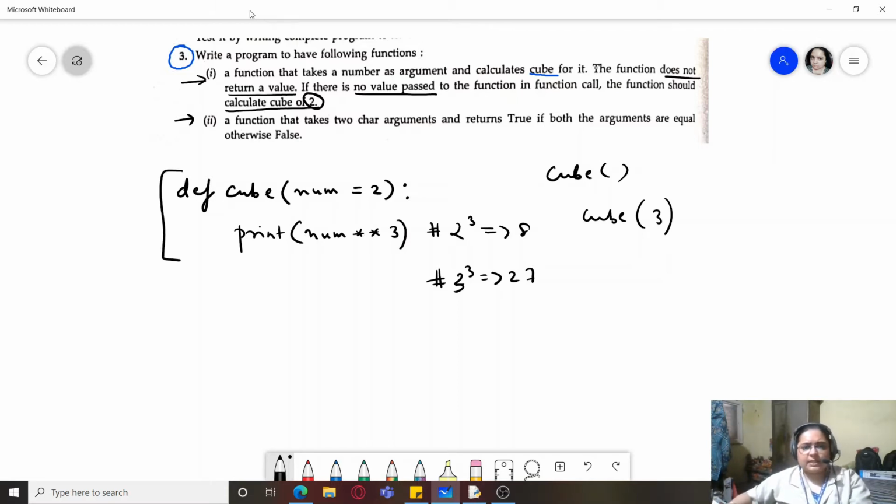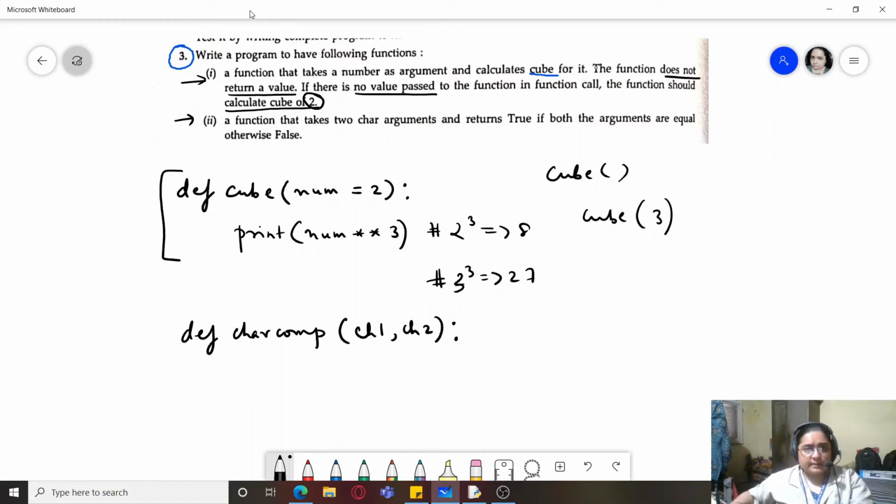Second is a function that takes two character arguments and returns true if both the arguments are equal, otherwise false. So we'll take def, and I'm taking the name char compare, and it's going to take two character arguments. Let me take one as ch1 and the other as ch2.